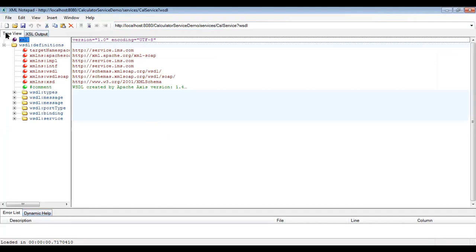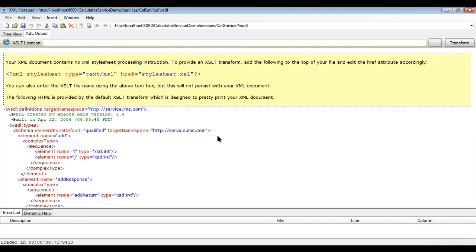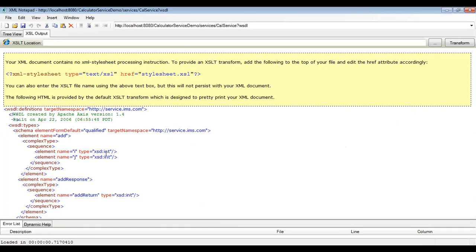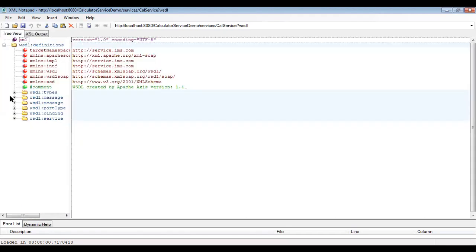Here they have given the tree view as well as XML output and XSL output. This is the style sheet, and this is the XSL output of our WSDL file, showing the different tags. This WSDL file is created with the help of Apache Axis in Java. So this is the tree view.